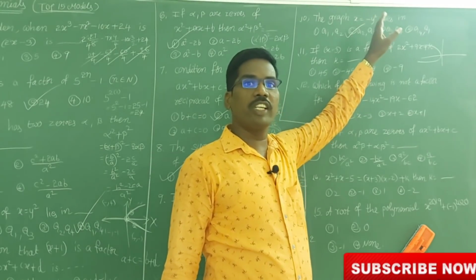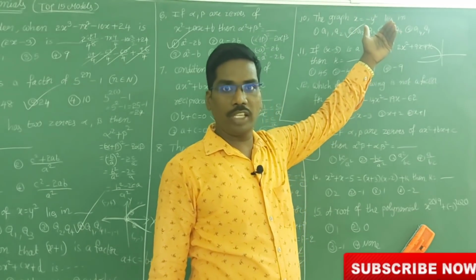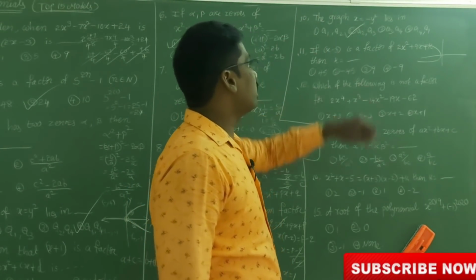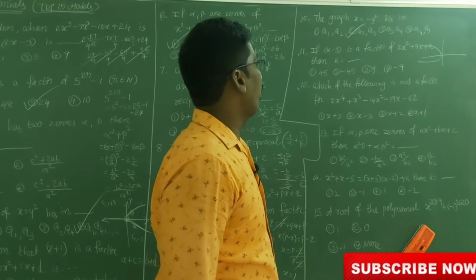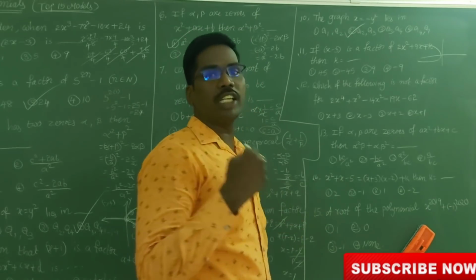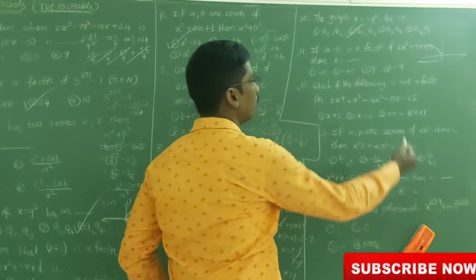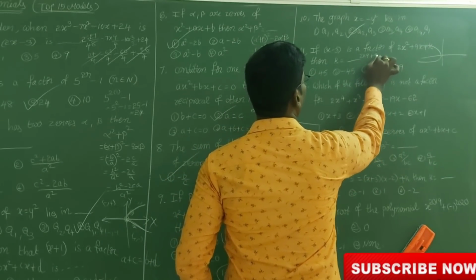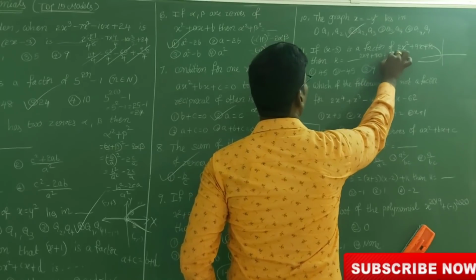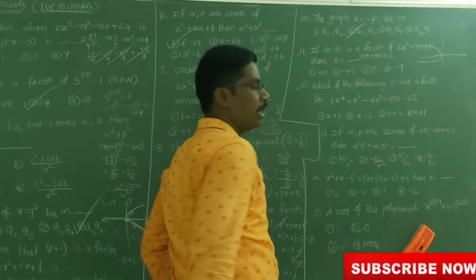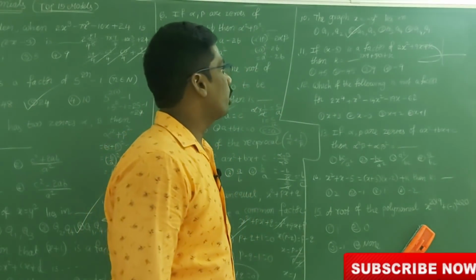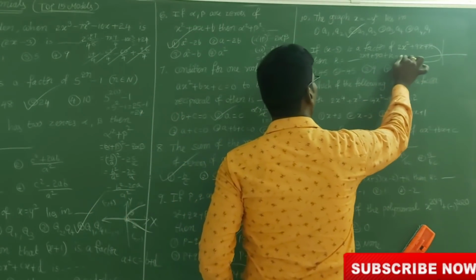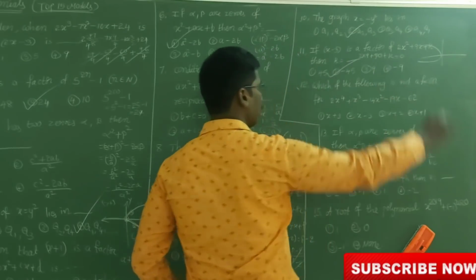So x is equal to minus y square means this is opposite to x is equal to y square. Second and third. If x minus 3 is a factor of this one, then find the k value. X minus 3 is a factor means x minus 3 is equal to 0, x is equal to 3. Now substitute the value. So 2 into 3 square means 9, plus 9 into 3, plus k. 9 3s are 27, 9 2s are 18, 27 plus 18 is 45. This 45 we bring to that side because it is on the left side, then minus 45 is the answer.